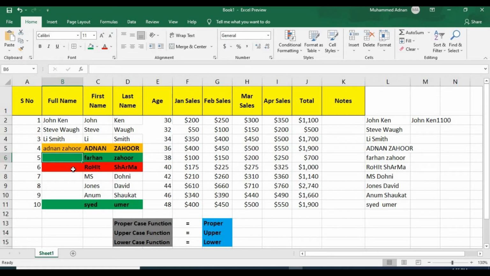Now the next one is Farhan Zahoor. In Farhan Zahoor we need to convert the name into upper case.